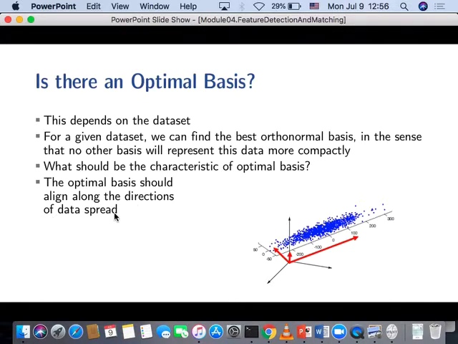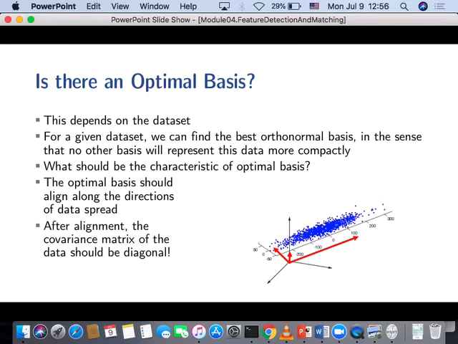And how do you find data spread? Variance. Data spread is variance, right? So after I do a change of basis, my covariance matrix should become diagonal. Because if the covariance matrix is diagonal, remember this,